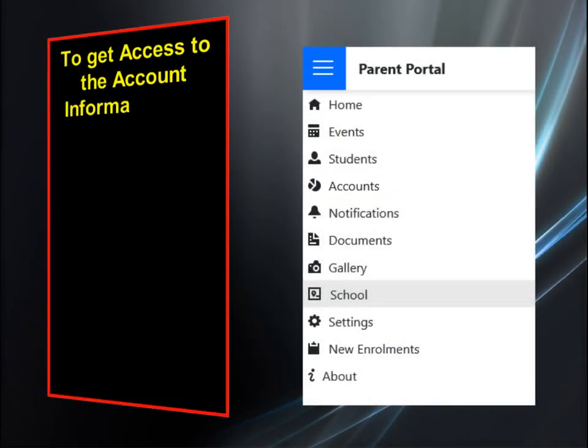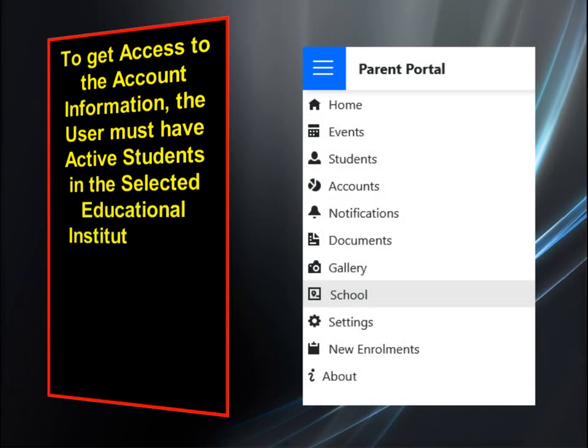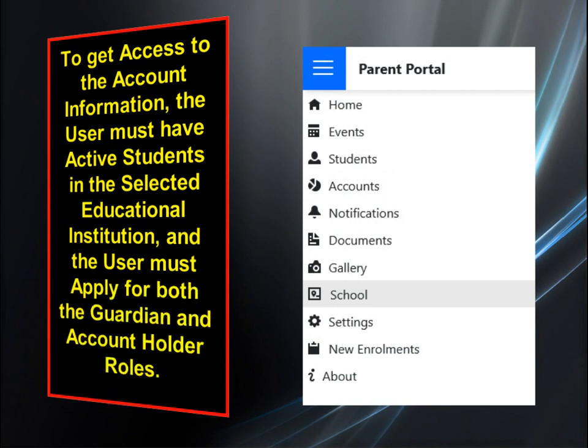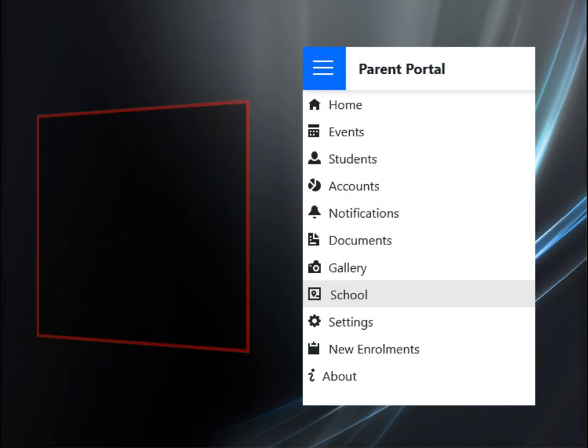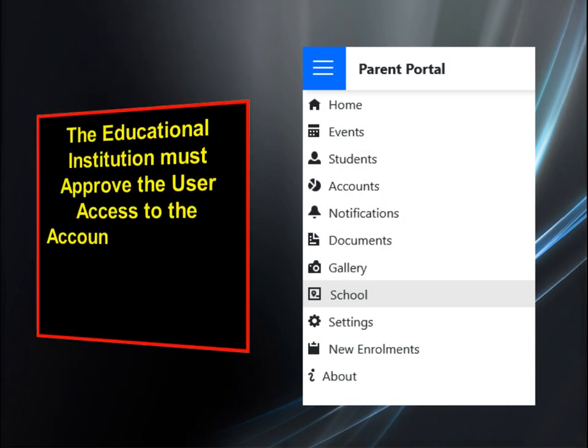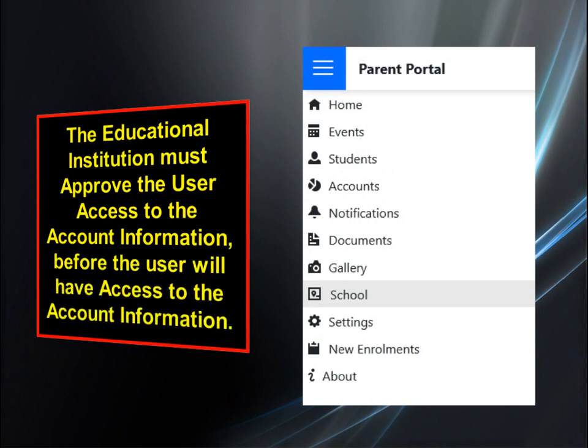To get access to the account information, the user must have active students in the selected educational institution, and the user must apply for both the Guardian and account holder roles. The educational institution must approve the user access to the account information before the user will have access to the